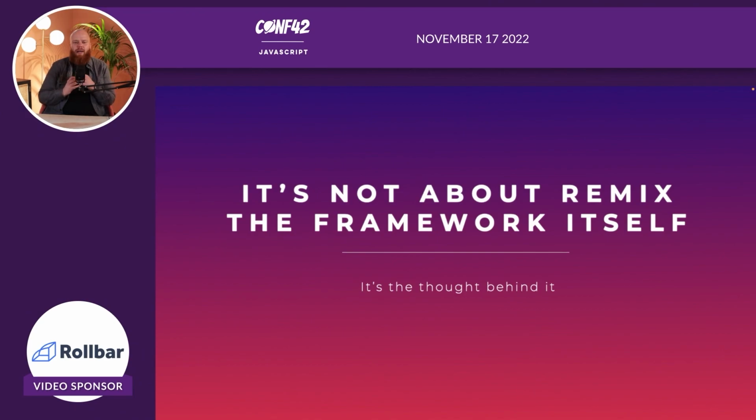Finally, it's not about Remix, the framework itself, which is a weird statement after talking for 35 minutes about a framework, but it's more the thought behind Remix, right? It's basically pushing to use the web as a platform more.